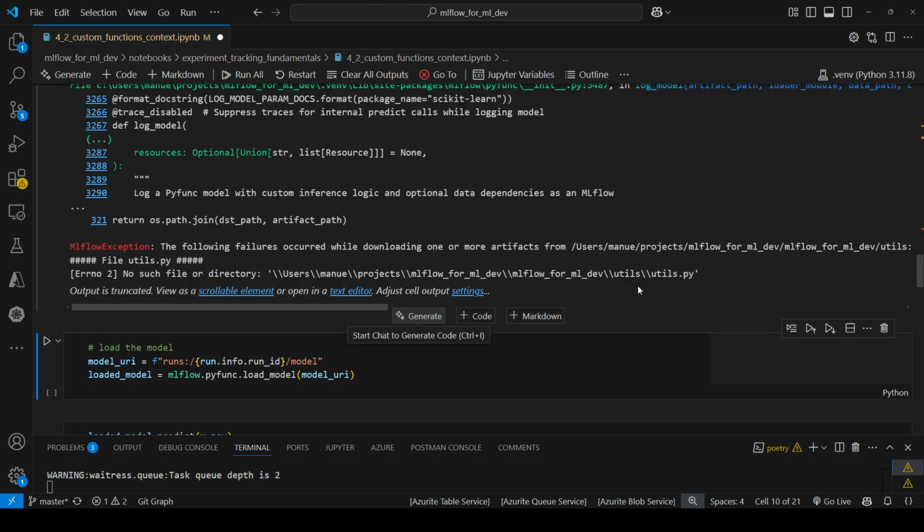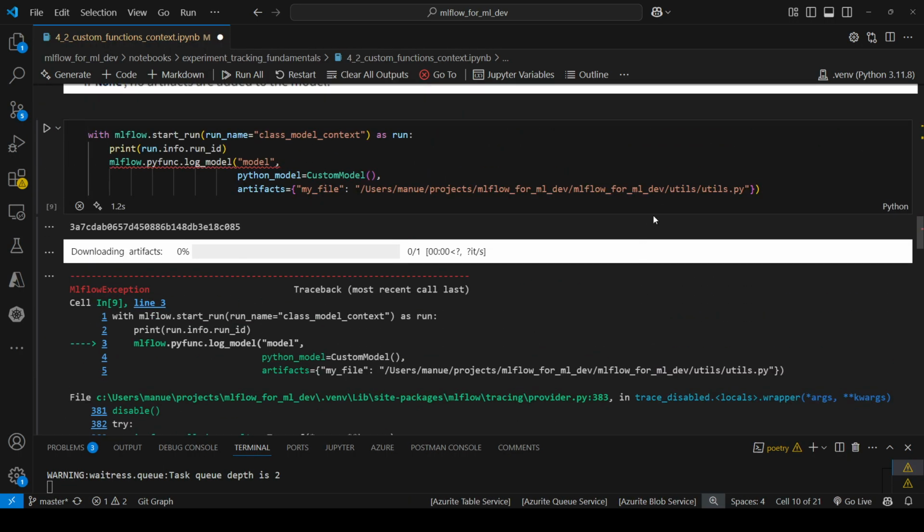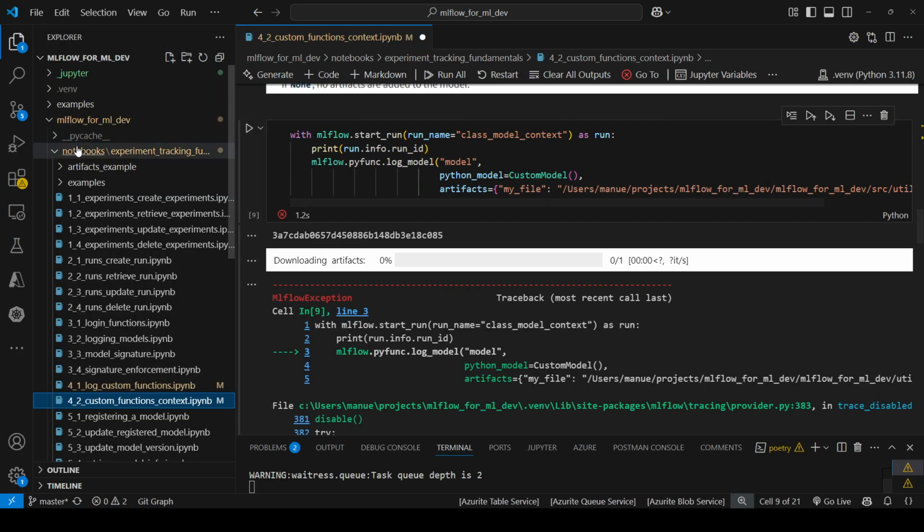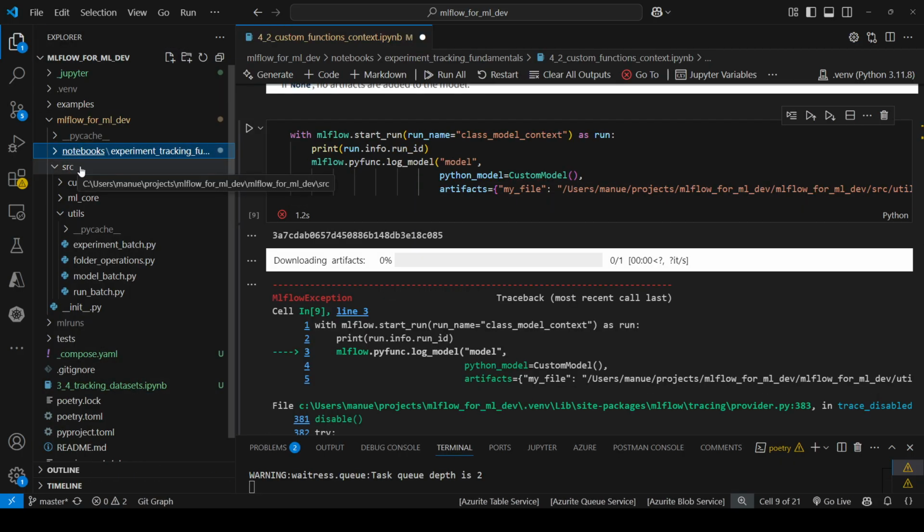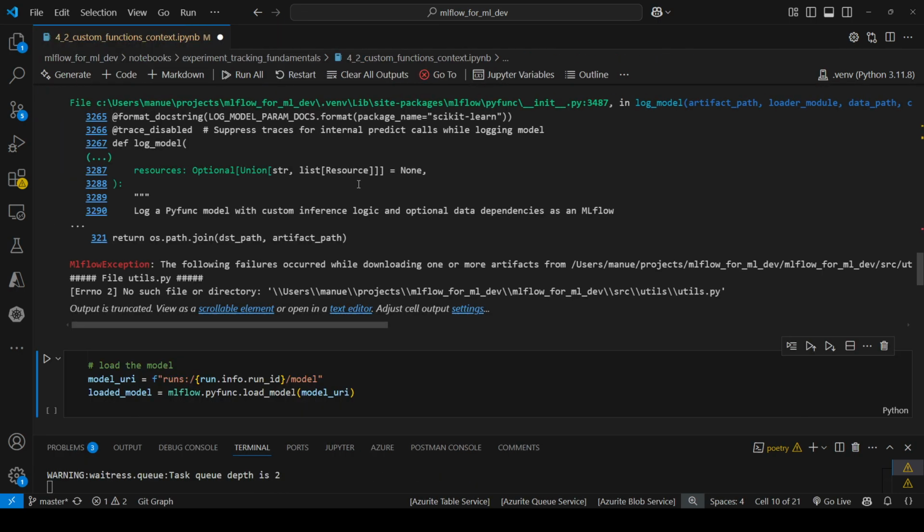Okay, it says that the artifact doesn't exist. This is because utils/utils.py, because if, okay, I know what is happening. Yes, I have to provide this location like this, right? Because if I go to the folder structure, I have source, then utils. So let me run this again. And it's an error. And this is an error because if I go here,